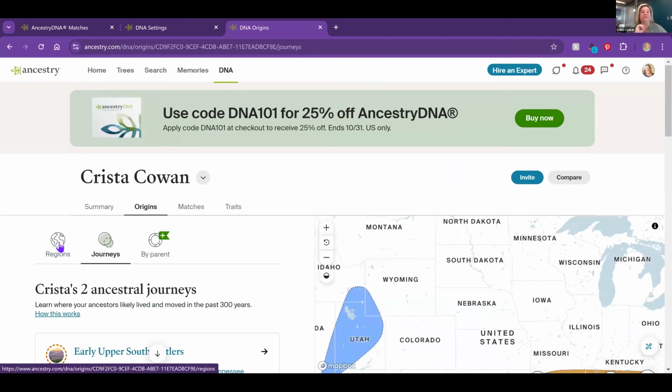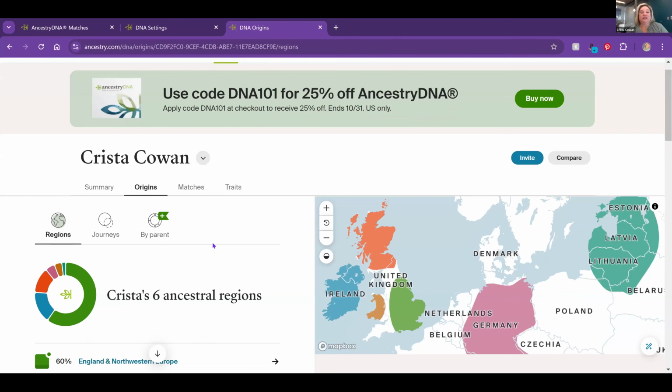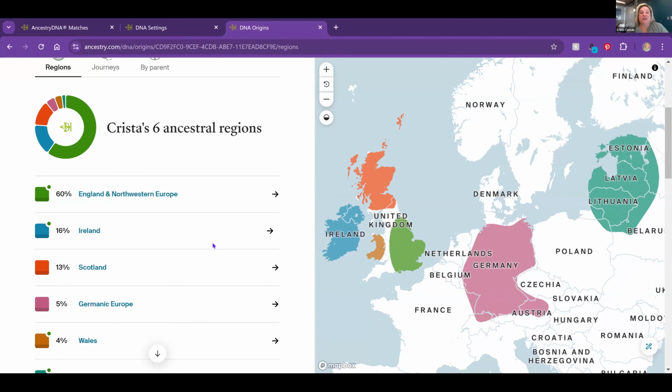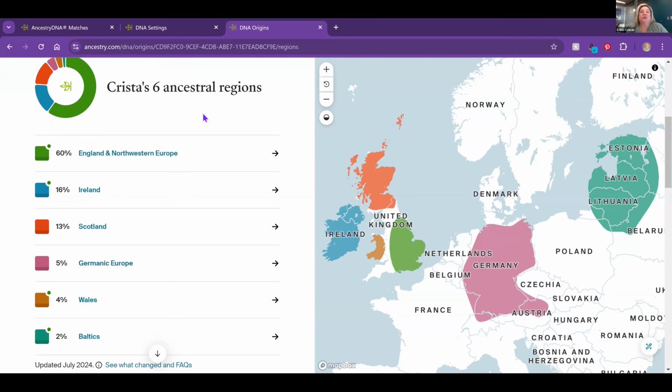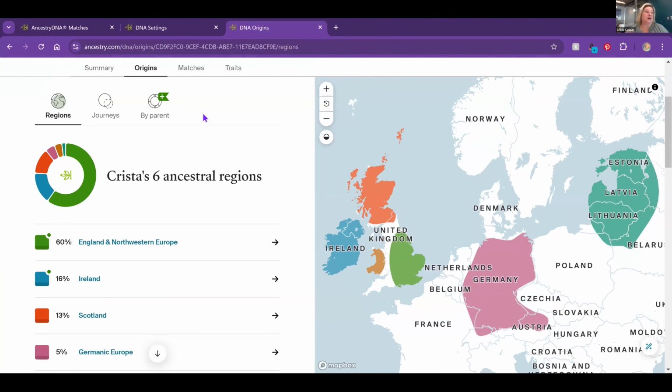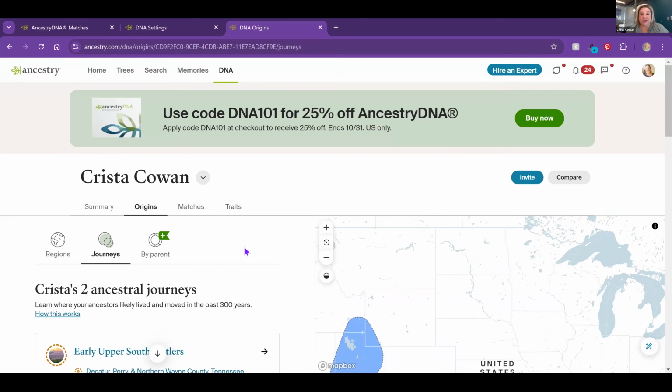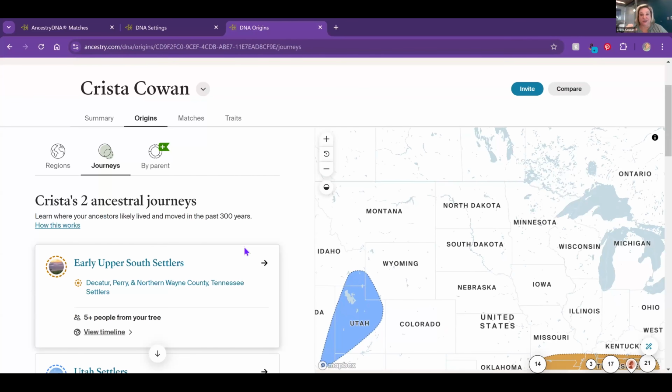So let's just do a quick recap. When you are in your DNA origins, you're going to get your regions, your ancestral regions. So this is the things with percentages next to them. It's showing you where in the world your DNA likely was 500 to 1,000 years ago. When you are looking at your journeys, what you are looking at is where you have family who has lived within the last few hundred years. Ancestors in my case, or some of you, maybe you have a whole bunch of cousins who migrated to a place and that connects you to that place, but you have family who has lived there within the last